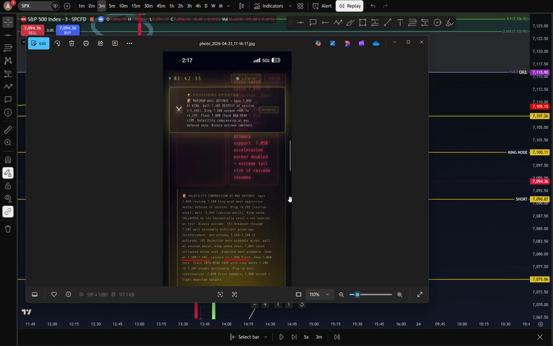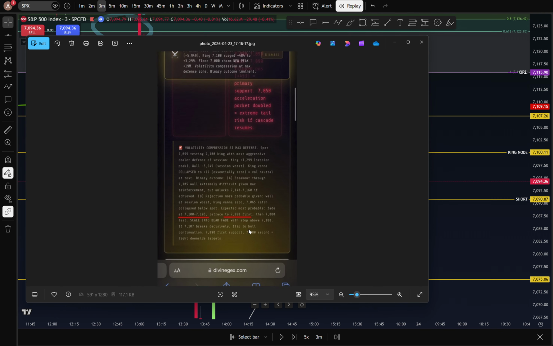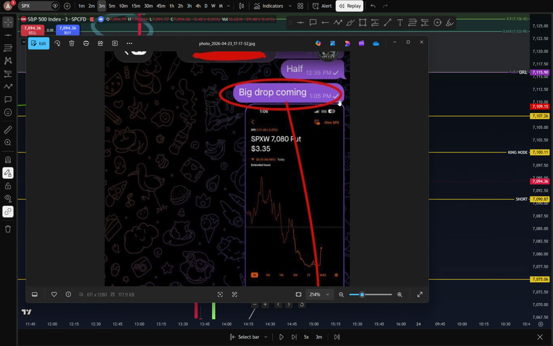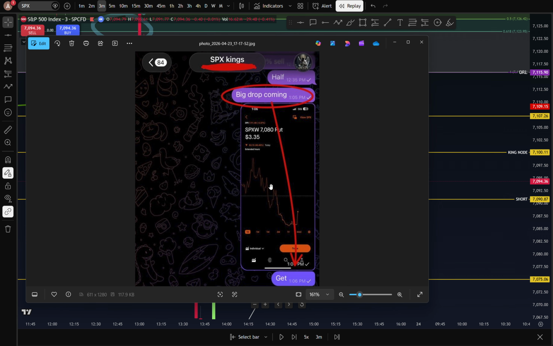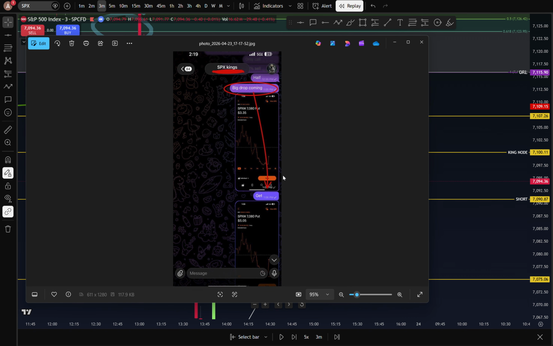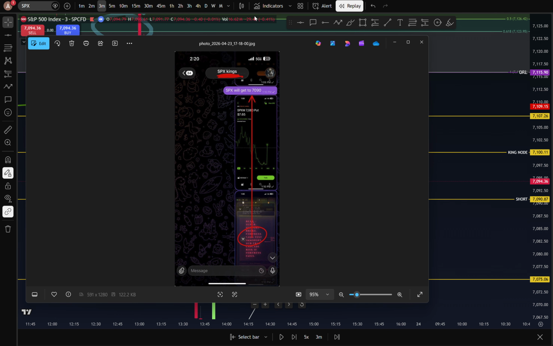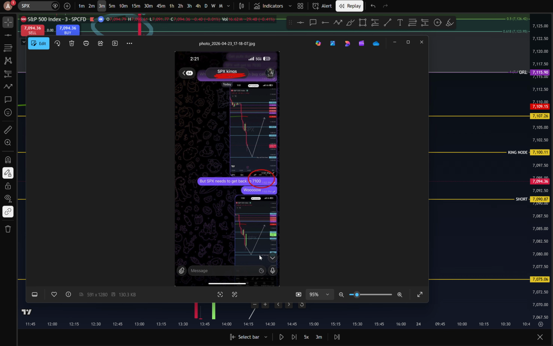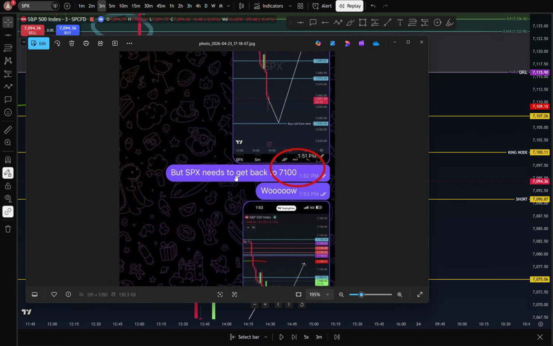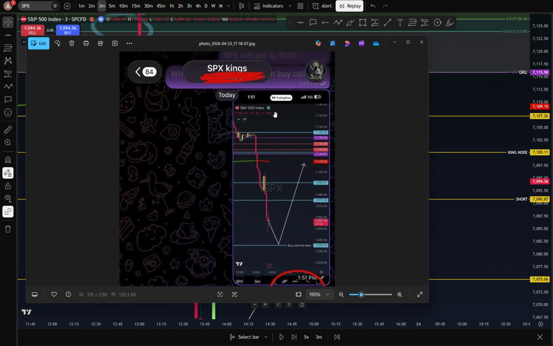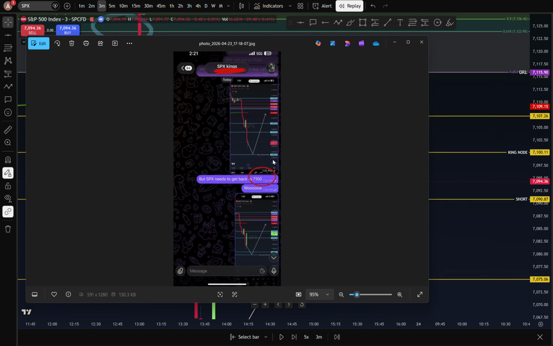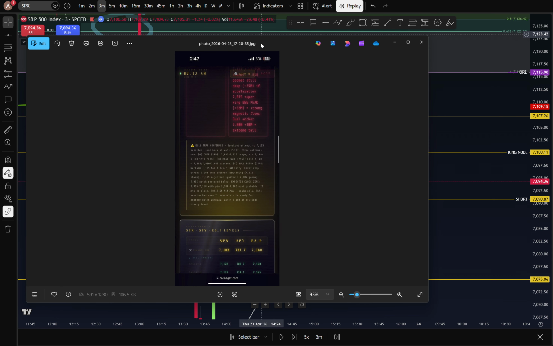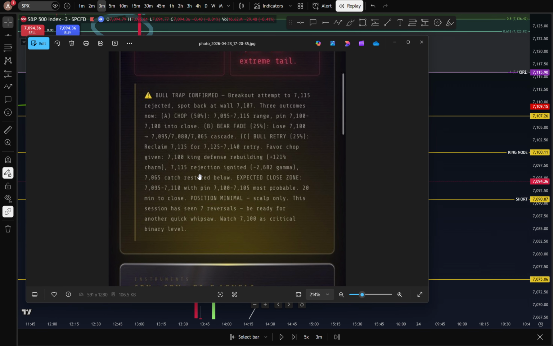And here, let me show you here something. Okay, not this picture. Yeah, so this was our friends we were mentioning. Okay, it was around 1 o'clock, a big drop coming. I mentioned big drop coming, and then this drop came before the heavy dump. I said the SPX will get to this level, and I mentioned here, but SPX needs to get back to 70 also here, and I said it's gonna get back to here. Look at the time, everything we mentioned here. So around 2:47,